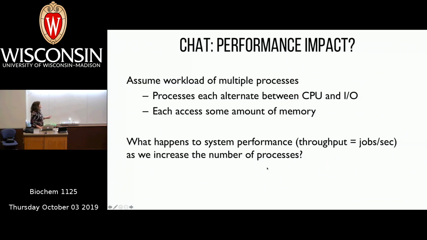OK, so the question I left you all with at the end of lecture last time was to think about the performance of a workload where you have processes that are alternating between I/O and CPU, and maybe they also have a pretty big memory footprint or a large working set where they need to access a decent amount of memory in order to get useful work done. And so I was asking you, can you think of what a graph would look like as we increase the number of processes